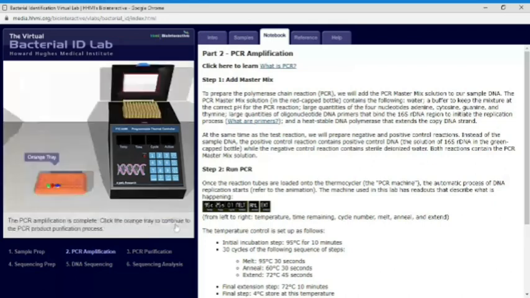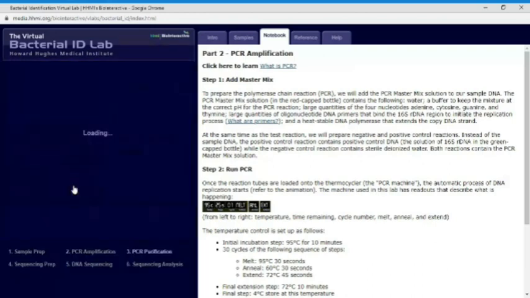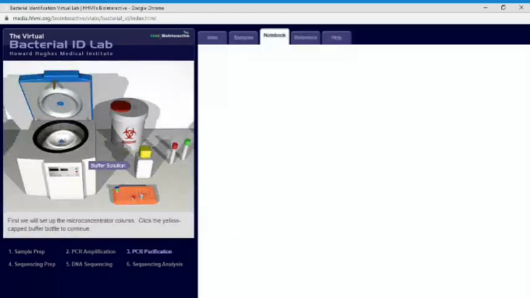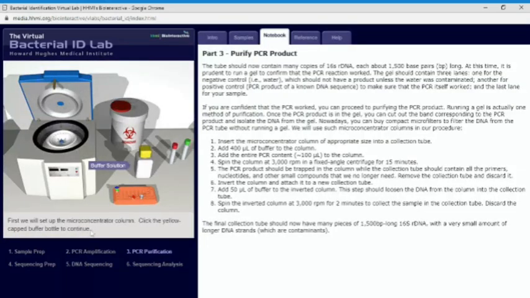So after this, we click done. Now the PCR amplification is complete. Click the orange tray to continue. Now we move on into the next step, which is PCR purification. Now we click the yellow buffer solution, and we add this buffer